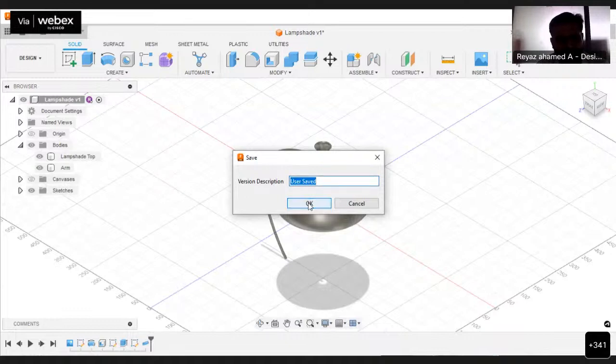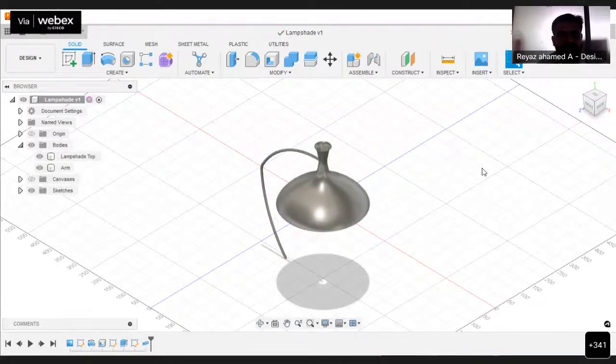Let me click on OK. Let us see what changes have happened. Now it has been renamed to V2. V1 is now V2.